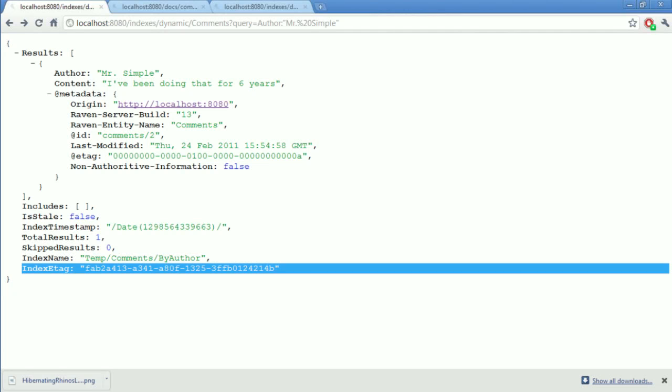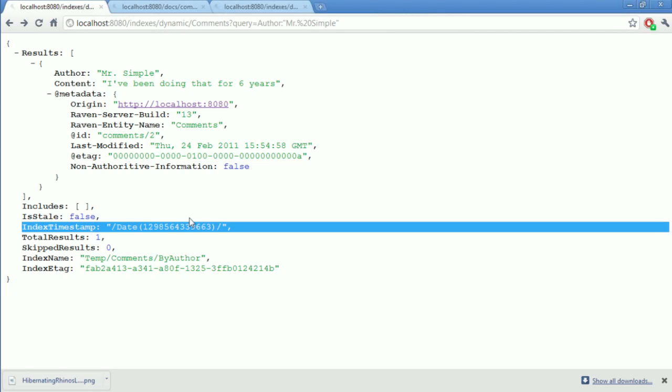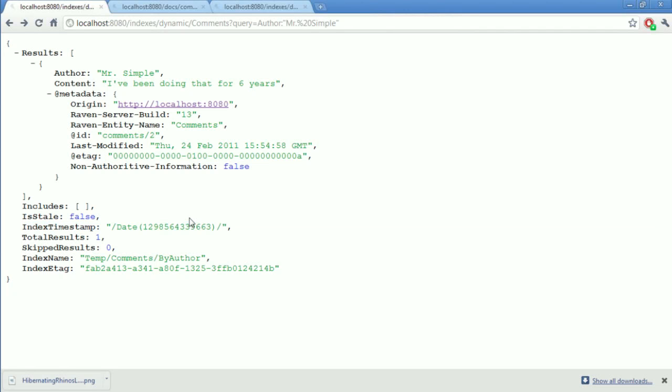That is perfectly all right with us, because we have the index timestamp. We can say, you know what, I don't really care if the index is stale or not. All I want to know is that this is accurate up to the last 5 seconds, up to the last 5 minutes, or 3 hours, whatever this is.